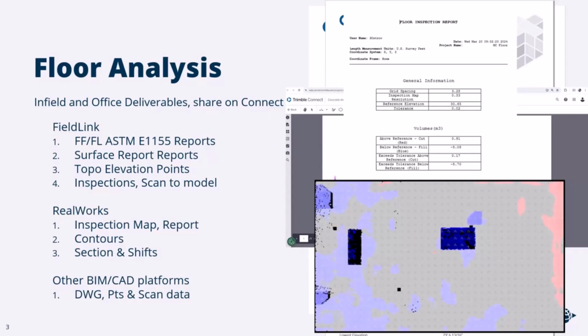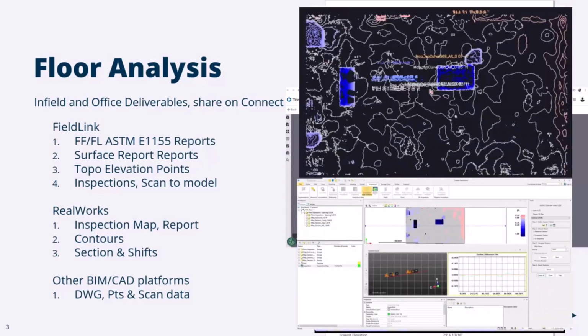RealWorks can do more precise analysis and get a little more detail. So you can see like the image below will be a TIFF image that you can zoom in on and see the deviation away from that. You can create a floor inspection report like you see above, or an FFFL like you saw with FieldLink. But you can also create a more precise contouring map like you see above, or section and shift graphs, which